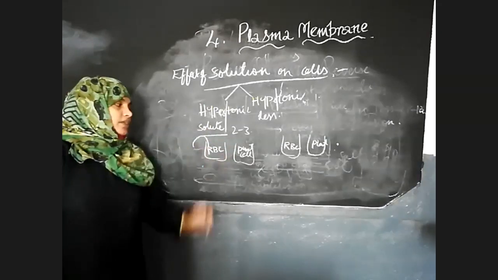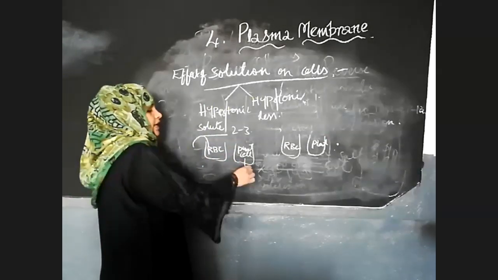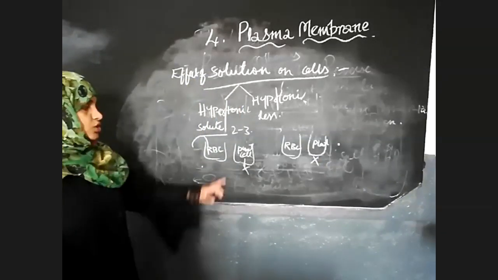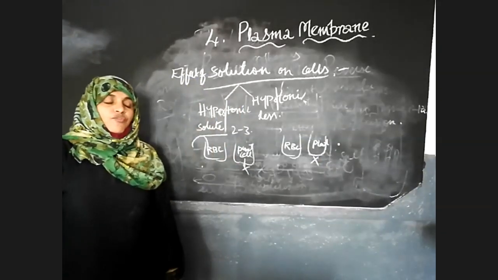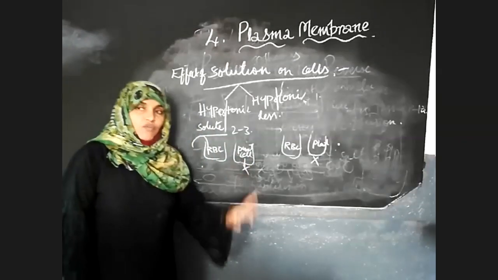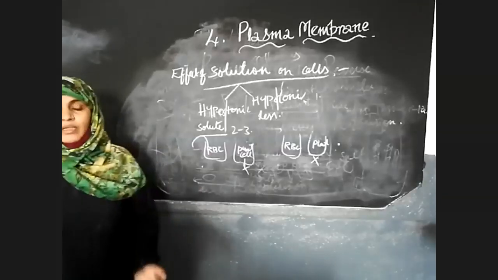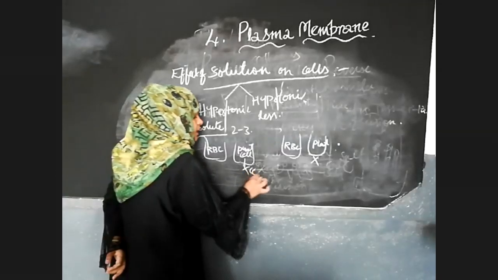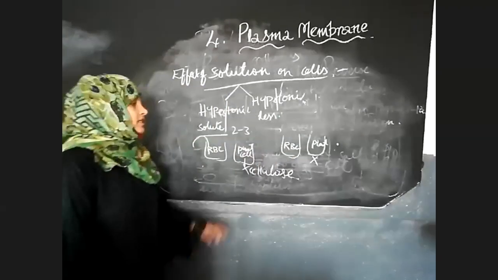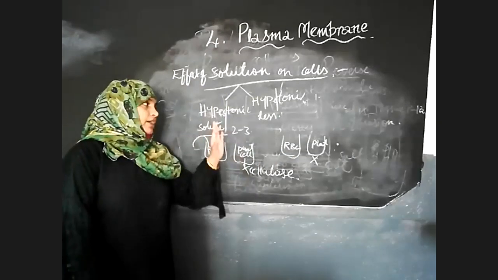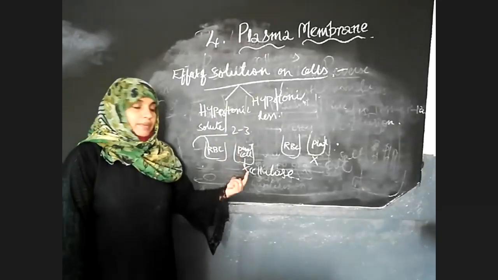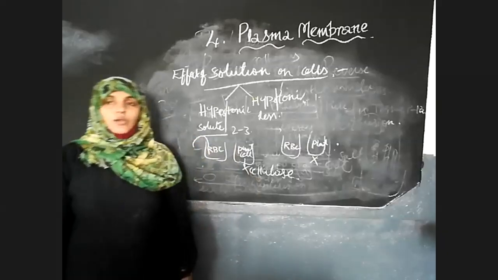Then what do you observe here is plant cell is not showing any change here and here also. Why? Because they have the extra layer over them, which is called the cell wall, which is giving protection to them as it is made up of cellulose. Plant cell is not showing any change in hypertonic or hypotonic solution because they are covered by the cell wall made up of cellulose.